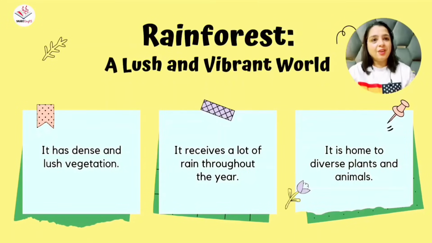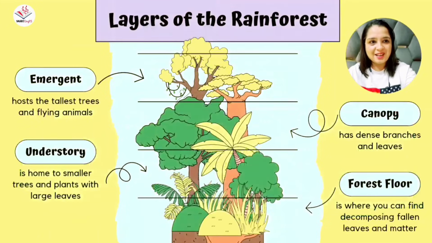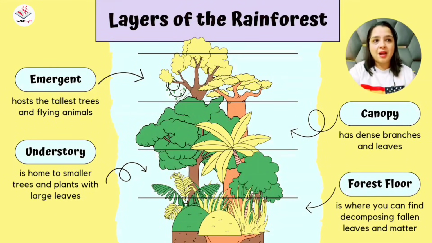Amazing. Rainforest, a lush and vibrant world. We have already seen it to some extent. It has dense and lush vegetation. It receives a lot of rain throughout the year, and that is the reason for so much greenery there. And it is also home to diverse plants and animals. So what plants and animals? Let's see. Before we move towards learning about the plants and animals, I want to share